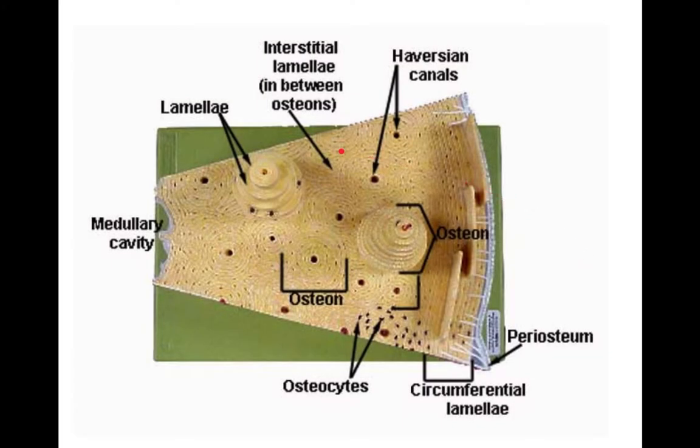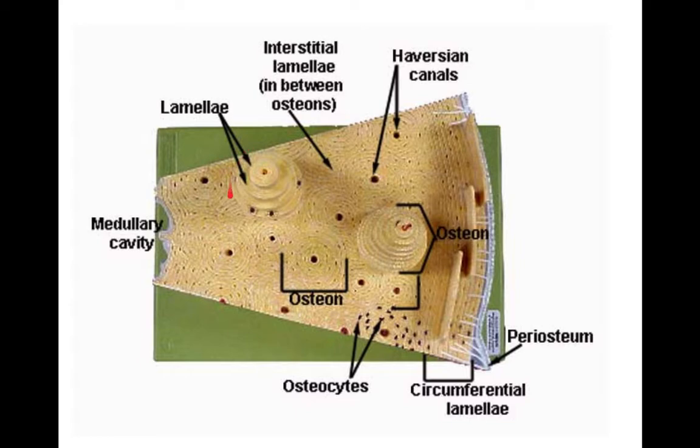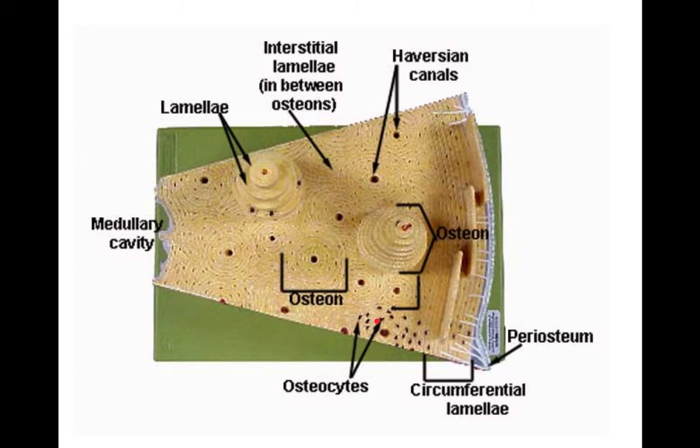Here you can see a model of the bone. So here would be the medullary cavity, here would be the periosteum, and there are multiple osteons made of multiple lamella, those rings that make up each osteon. In between, you see those little dots. So these tiny little dots between those rings are the lacuna, and in each lacuna, you would potentially find living